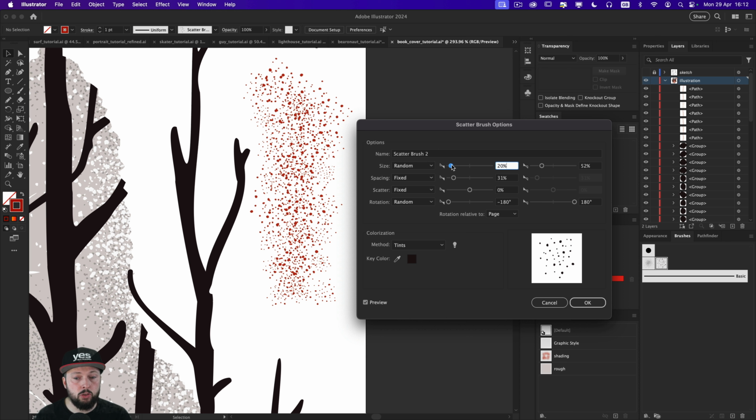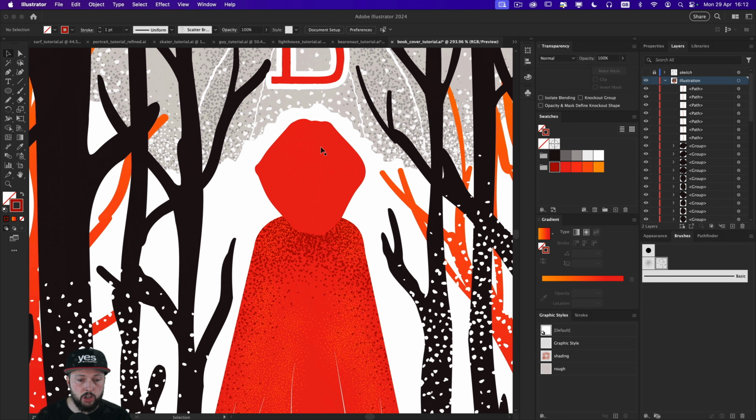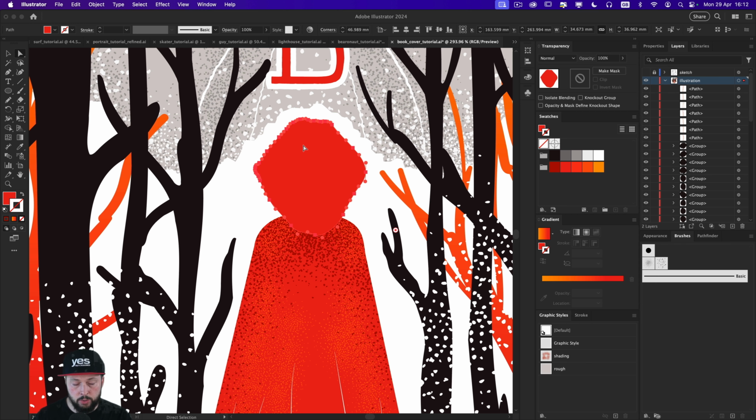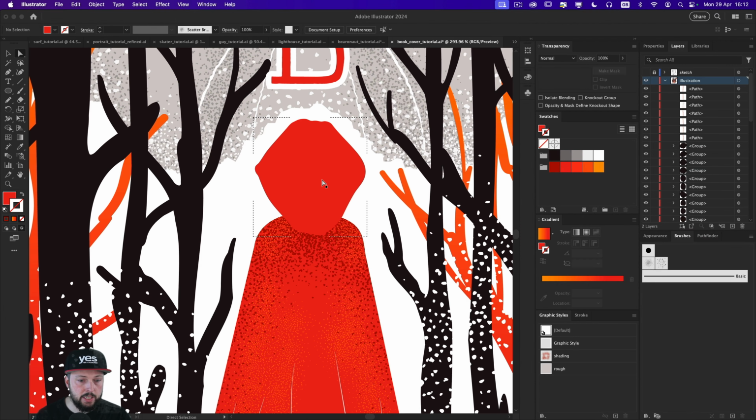If that's a little bit too much randomization on the scale, you can maybe get these two values closer to each other. So I'm only giving a tolerance between 30 to 50% of the original size. And now, just to test drive this brush, I'm going to select the hood of Little Red Riding Hood, and I'm going to choose this option, Draw Inside, which is a brilliant quick way to turn this into a clipping